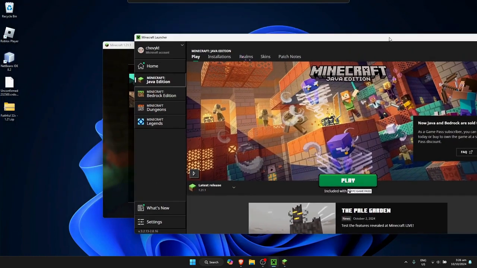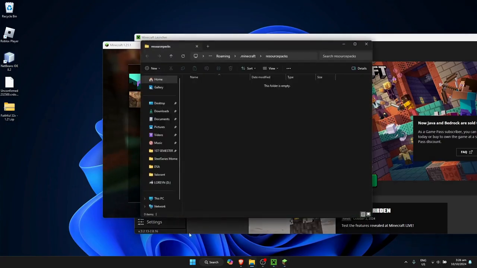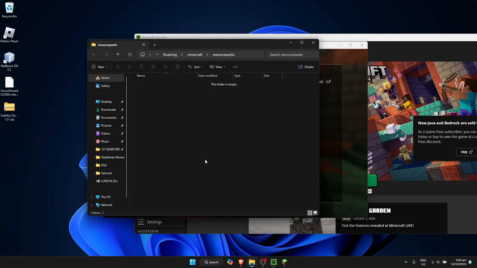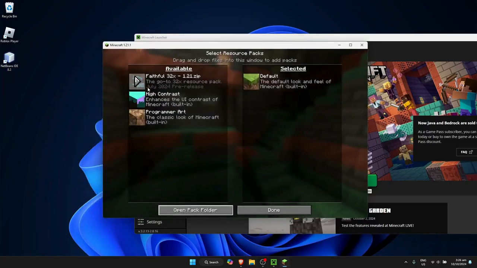So what we want to do now is just simply click on open pack folder, just like so, and it will open up the resource pack folder for our Minecraft. Then what you can do is just simply move the resource pack that we downloaded earlier. So as you can see, I've put my resource pack earlier on my desktop. So what I can do now is just simply drag it to this folder right here. Once it's done, just exit out, and as you can see, it will pop up right here on the